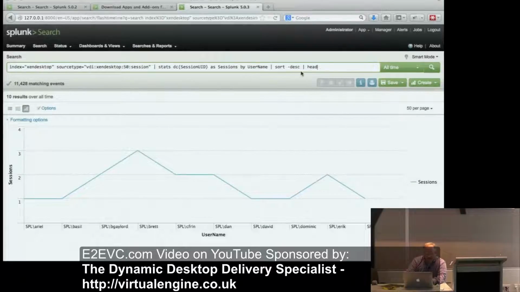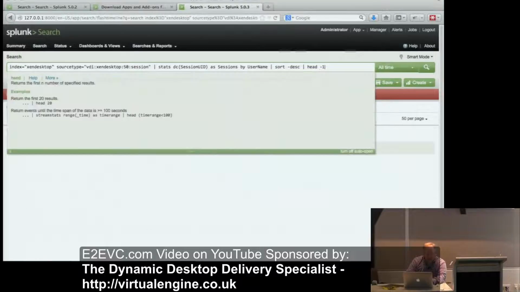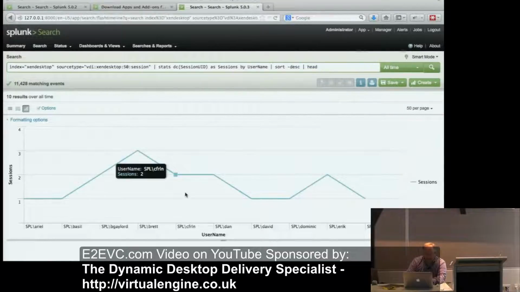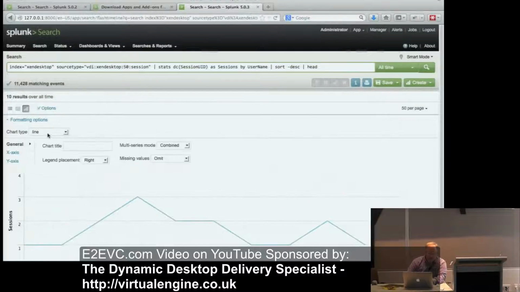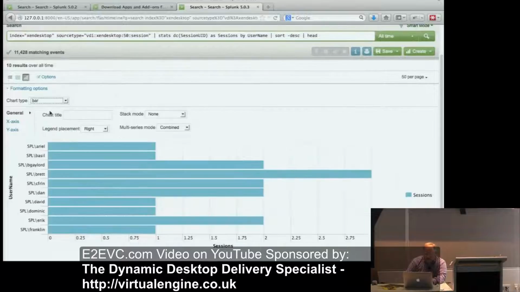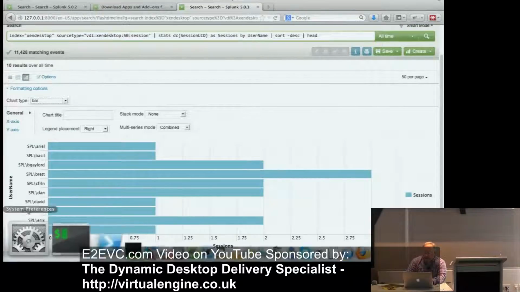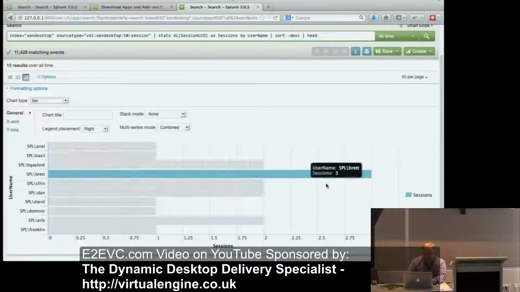And you can control the axes. You can do a pie chart if you prefer pie charts. Scatter is not good for this particular data. Radial graph, not good in that case. But the bar one looked good. And then if I want to make this into a dashboard, I can just do save search. Or I'm sorry, I just want to create a dashboard panel.